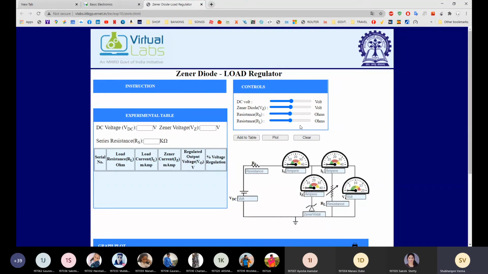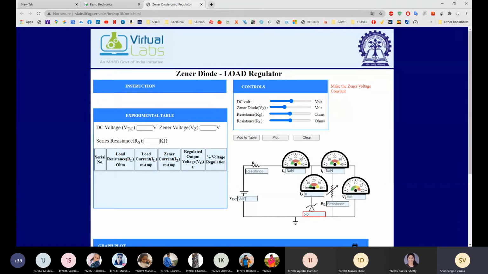Previously we have done the initial setting, and those settings are the same for this. We are going to take a 5.6 volt Zener diode, and now we are going to change the RL and observe the output voltage. That time we are going to keep the input voltage constant.